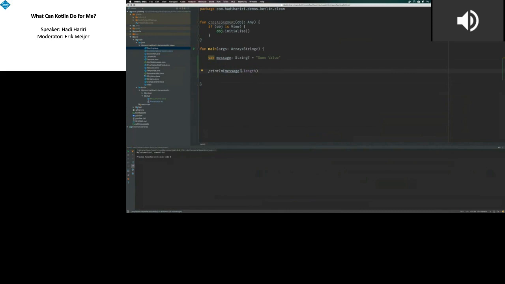So the safe operator says, if it is not null, invoke length on it. If it is null, then don't invoke length. So what would the result of print line be? Well, the print line is going to print the contents of that. Since that message is actually null, it would just print line the representation of null, which is the string null. So, I'm going to run this, and it is not going to blow up at runtime